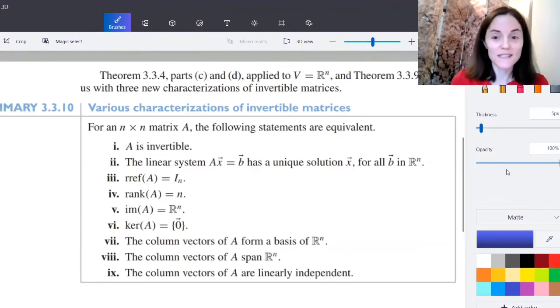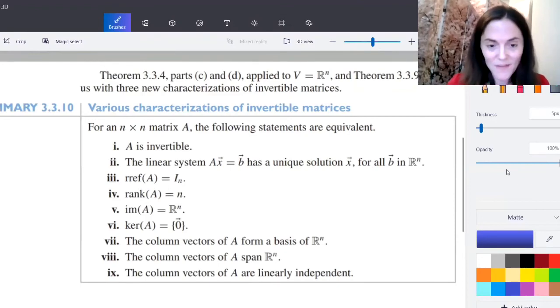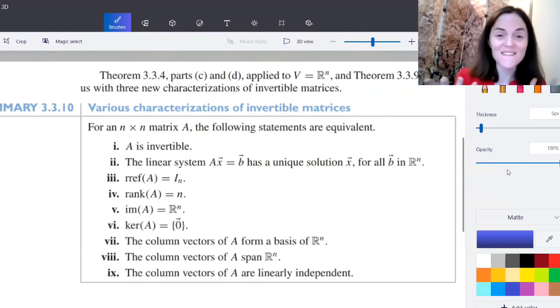It says the linear system Ax equals b has a unique solution for all vectors b. That's equivalent to saying that the reduced row echelon form of this n by n matrix is the identity, or that the rank is n, or that the image is all of R^n. This was the onto, or that the kernel of the matrix is 0. This would say that the transformation is 1-to-1. All of those we had discussed, but the new ones today, that the column vectors of the matrix form a